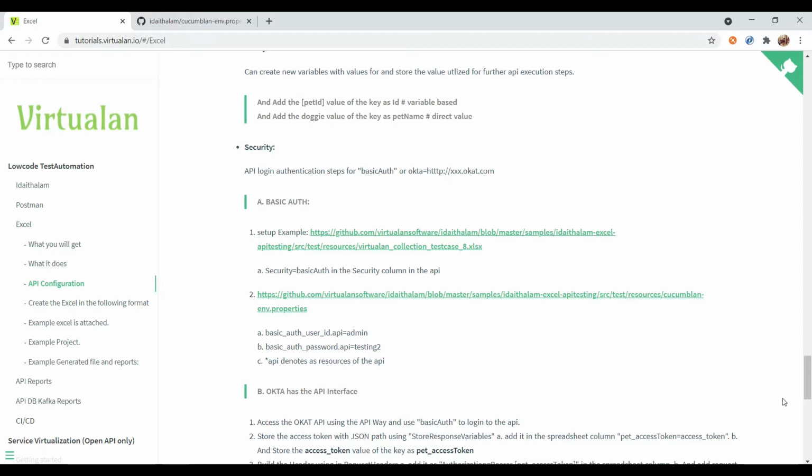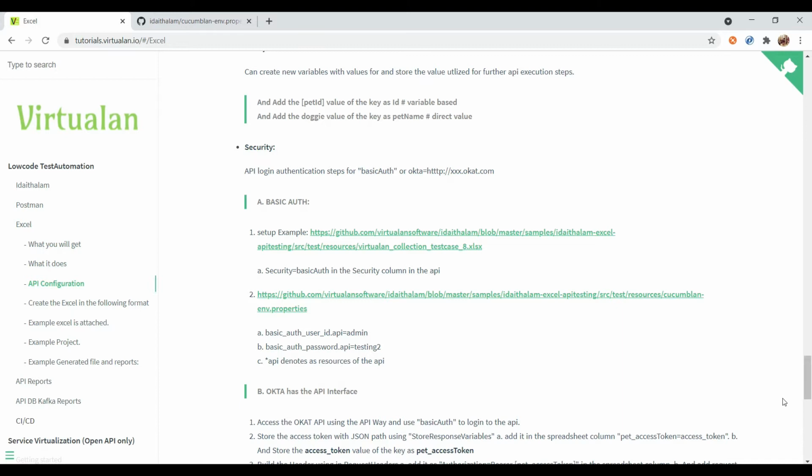Today we are going to discuss a new feature in our low code API framework. In this series we have seen different features provided by this framework, and the important thing we have seen is that we can generate our feature file from Excel. We just pass some parameters in the Excel, and as per those parameters the feature file is generated, and we successfully do API testing.